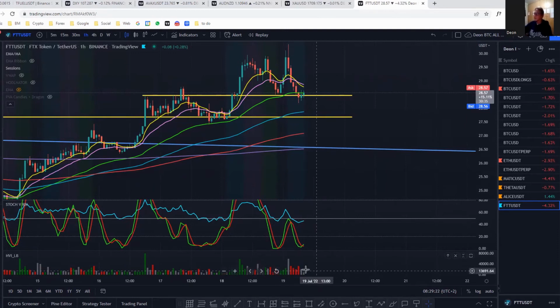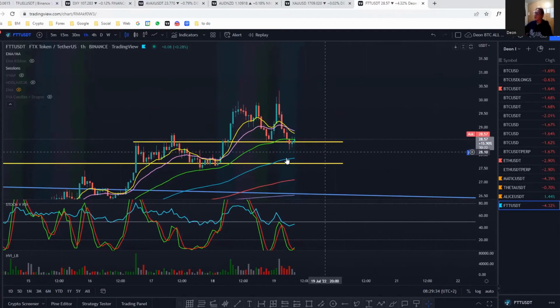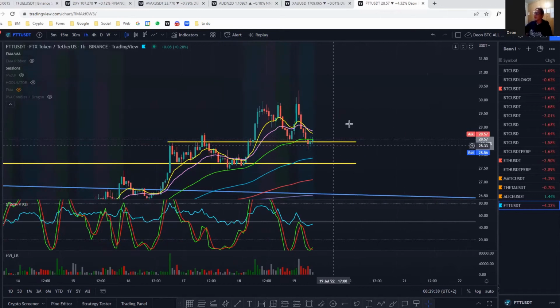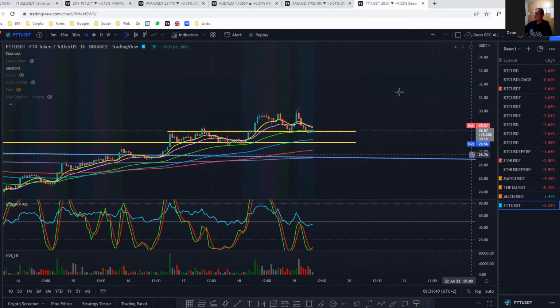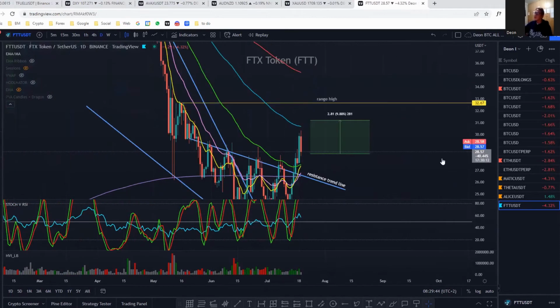Also we would be waiting for a green candle on the volume. So once we have a green candle on the volume, we've still got that positive signal on the stochastic, and the RSI is above 50. Wherever we are, then yeah, it looks like it might just be going sideways and then breaking up. That would be a good entry to get in on that trade. Then you would be in this daily trade, and